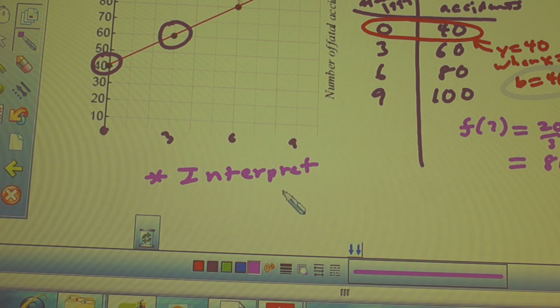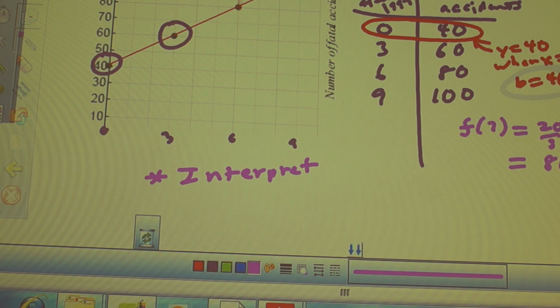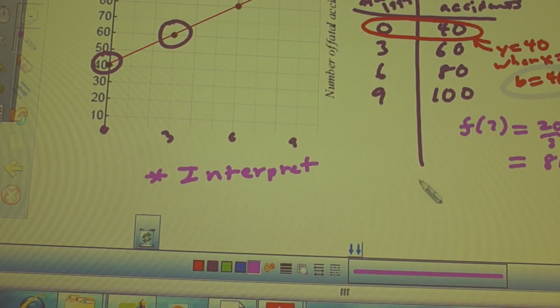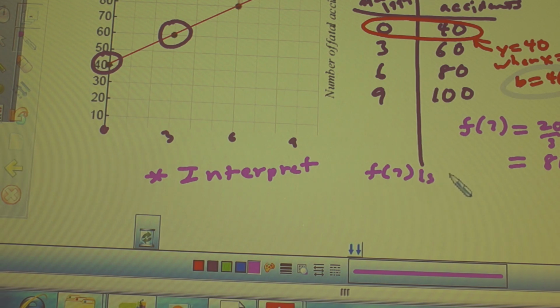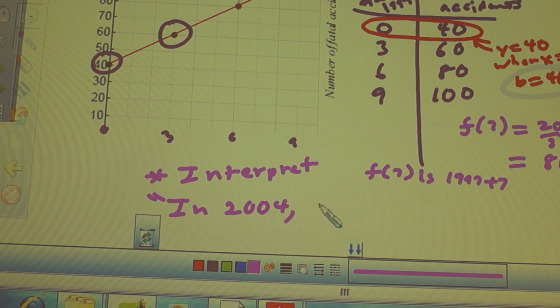Nobody did this, none of you guys did this, so pay attention. This is how you interpret it. You would say, this is interpretation. When f is 7, that means what year is that? 1997? Okay, so f of 7 is 1997 plus 7. So you'd say in 2004, there were